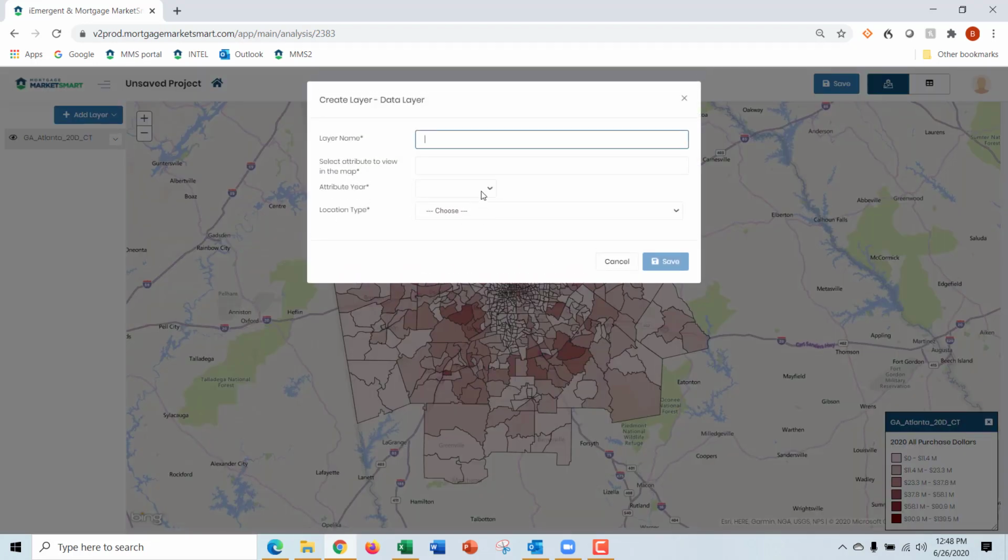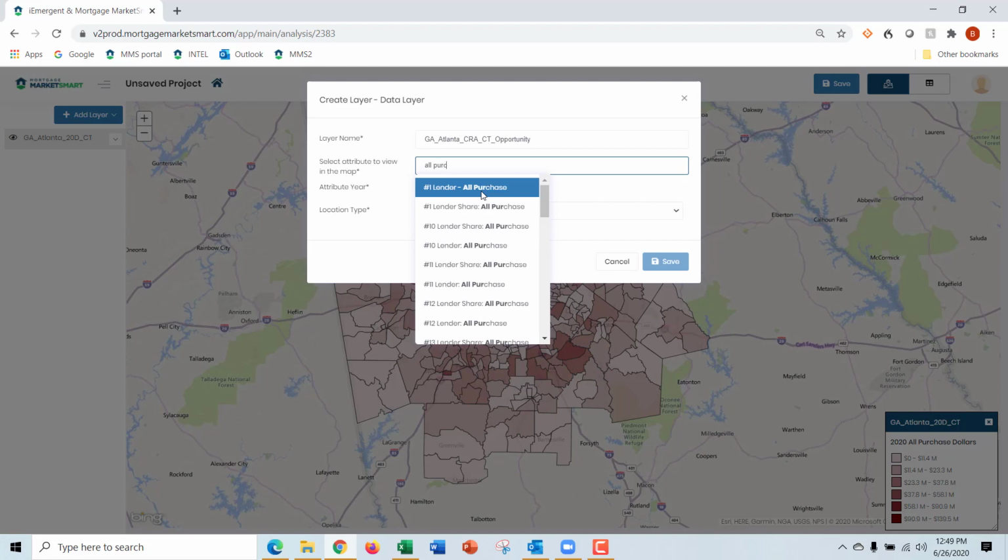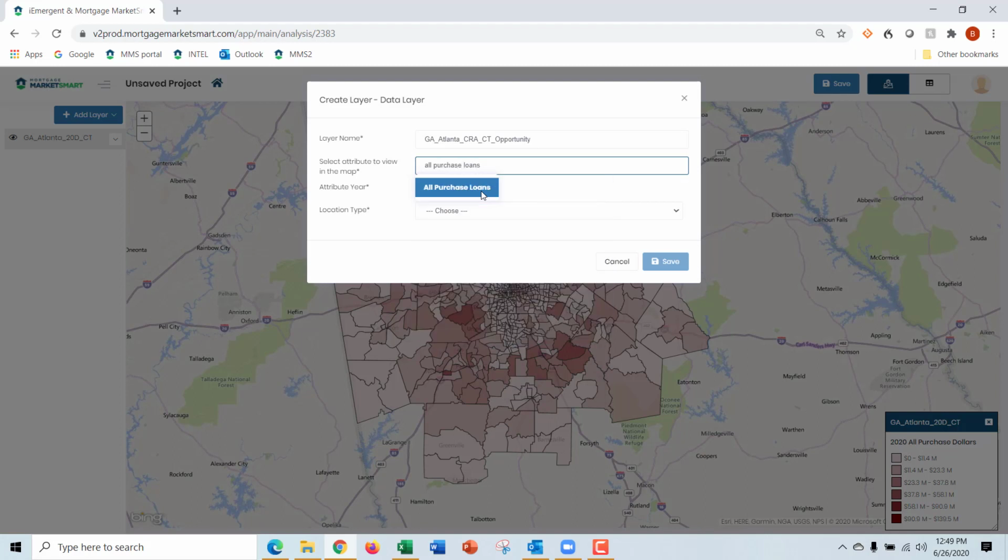The layer name is going to be GA Atlanta CRA CT Opportunity. And the attribute we want to view: all purchase loans, and then click on it for 2020,